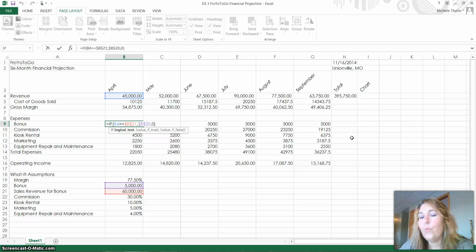So you could nest an if function inside of another if function inside of another if function. So for example, we could have 2 different levels of bonuses, and we could say, first of all, is our sales revenue greater than or equal to $60,000? If that answer is yes, I want you to see, is our sales revenue greater than or equal to $75,000? If it's equal to or more than $75,000, give them $6,500 for a bonus. If not, give them a $5,000 bonus. And if the first question, which is, was it bigger than $60,000, is false, go ahead and give them a 0. So, is it bigger than $60,000? If no, give